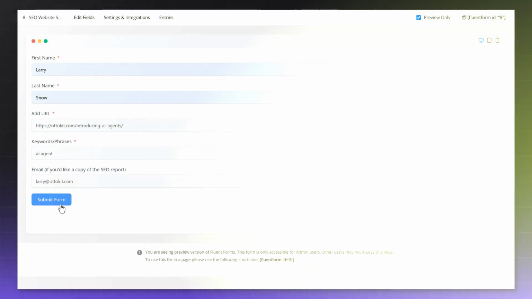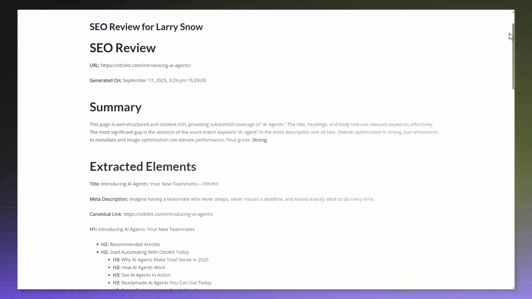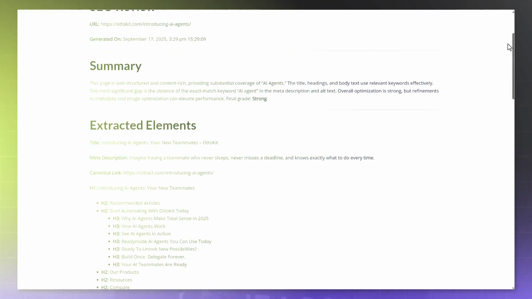Here's what happens when I drop my site into this form. A short SEO report is instantly generated on my WordPress website. No waiting, no spreadsheets, all powered by OttoKit. And if you stick around until the end of the video, I'll show you how to grab the exact workflow